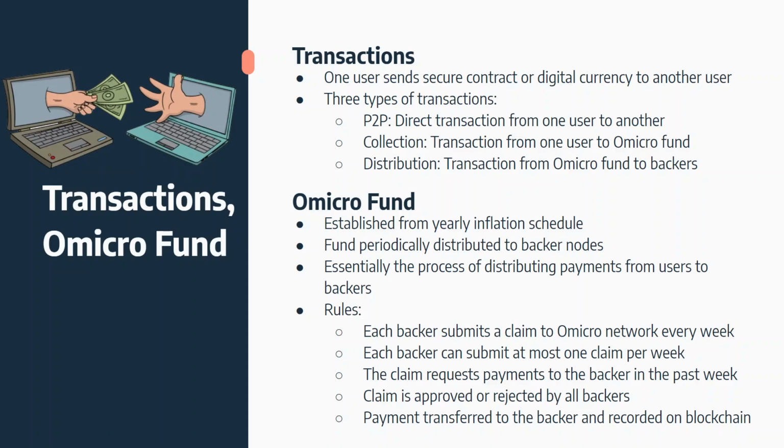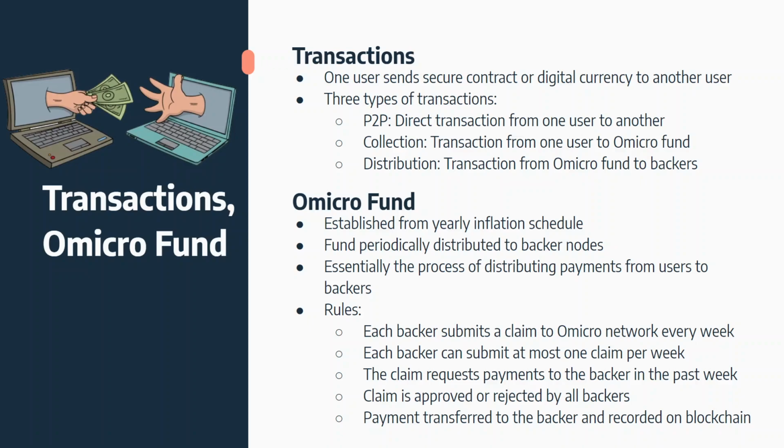A P2P transaction refers to a regular user-to-user transaction. An Omicro fund account is established from a yearly inflation schedule, and the fund in this account is periodically distributed to the backer nodes. Fund distribution is essentially the process of distributing payments from users to backers. And the rules for making the distribution are that